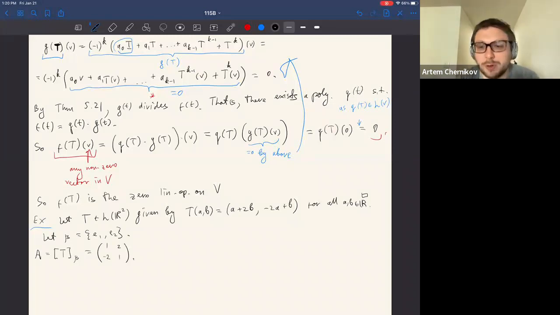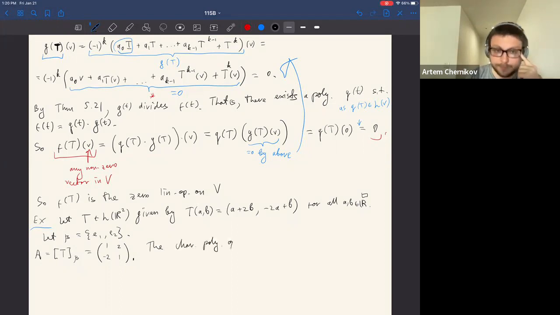I'm not spelling out the calculation. I think you've seen it by now, right? As usual, you just have to calculate the coordinates of the vectors T of e1 and T of e2. So we have this matrix representing it. This lets us now calculate the characteristic polynomial, right? So then the characteristic polynomial